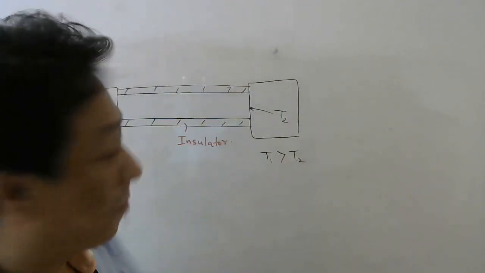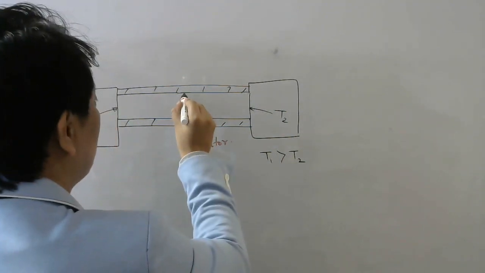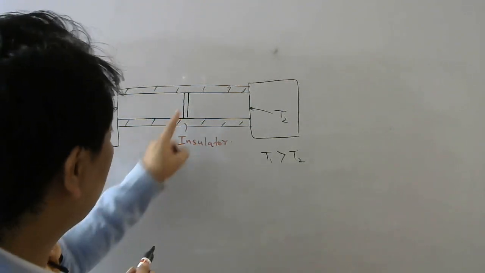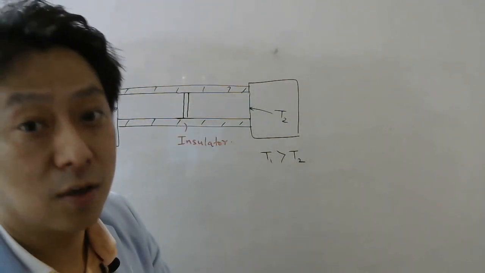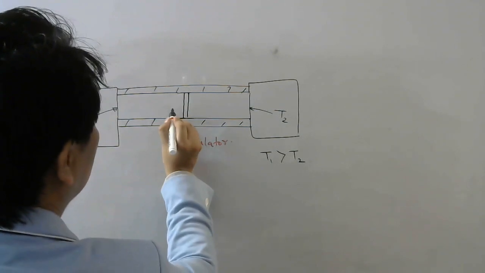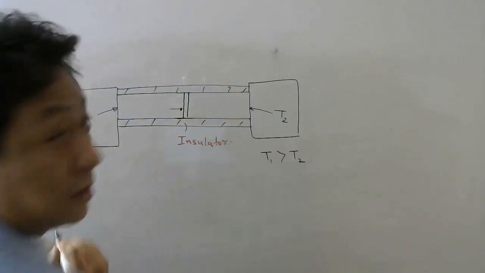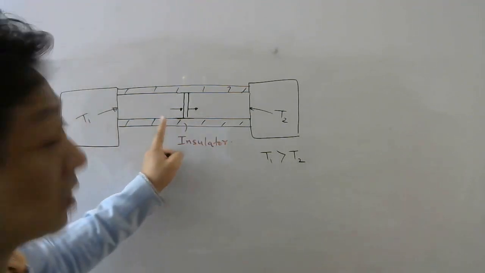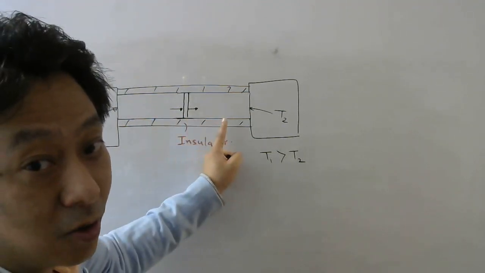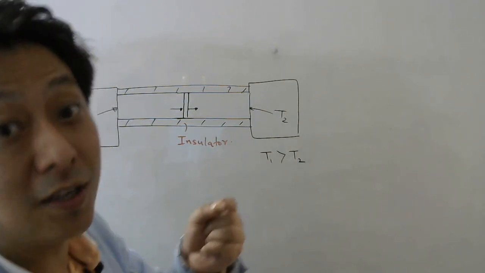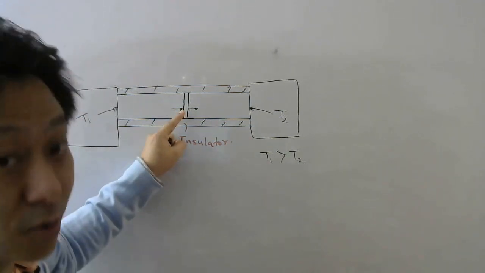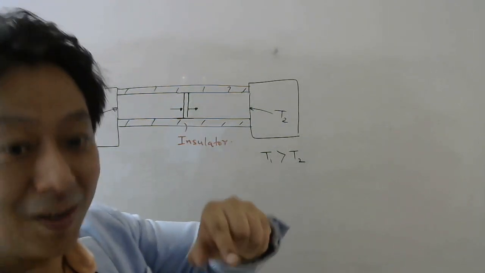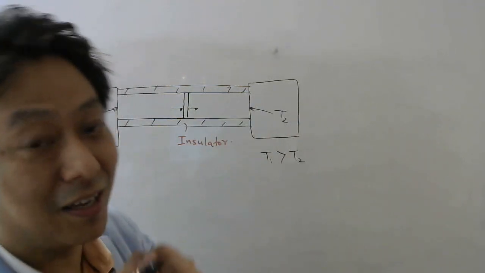Okay. Now, if you take one small section of this rod, then initially what happens, the temperature of this rod will increase. Why, sir? Because whatever heat comes from here, that will be more than whatever heat will go from here. So imagine 100 joules is coming, 80 joules is going. Then what happened to 20 joules? So 20 joules is absorbed by this section and therefore its temperature will increase because it is absorbing heat.